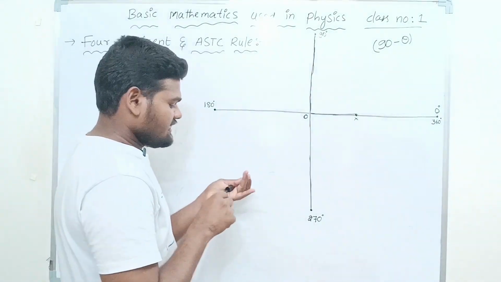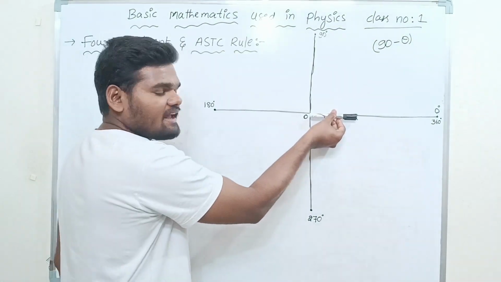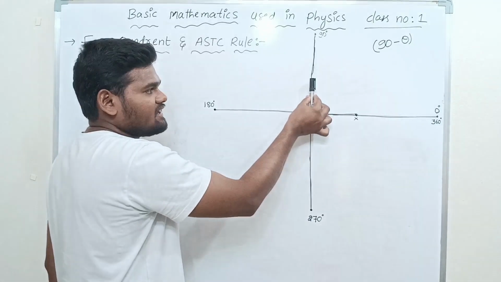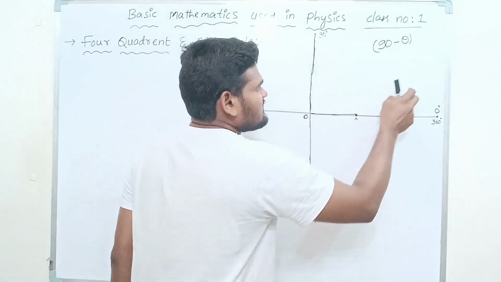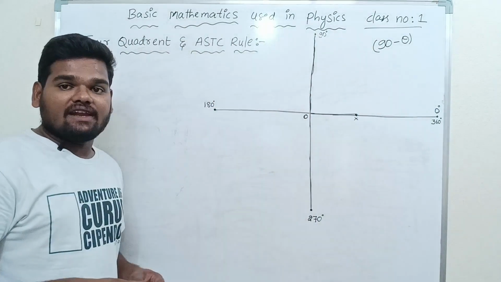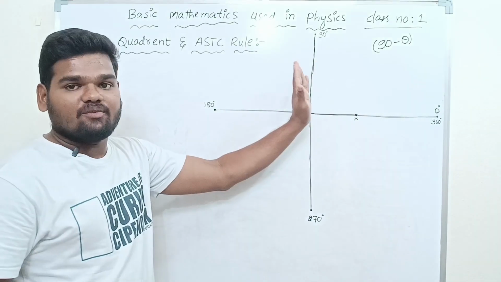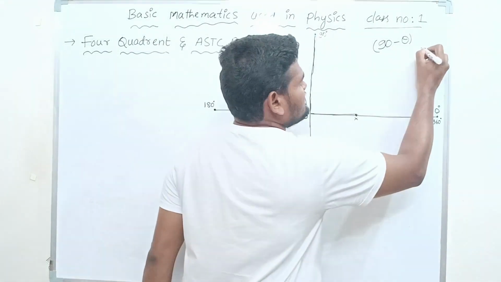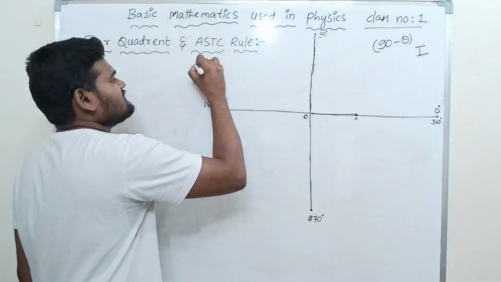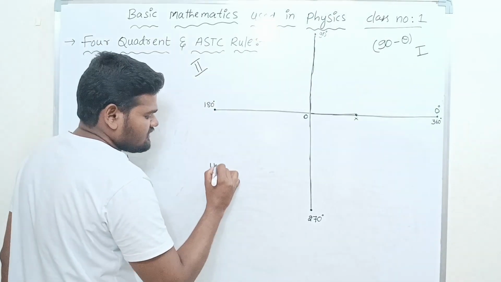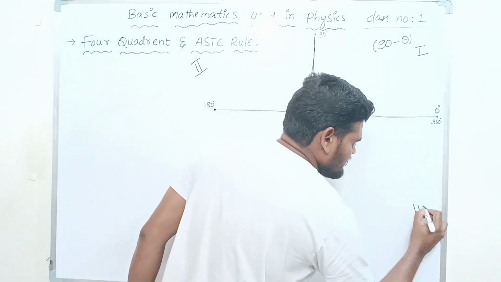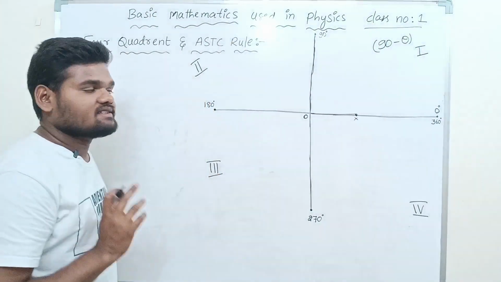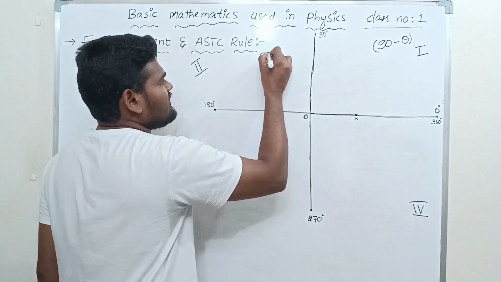Is this clear? Let us consider this straight line. It starts rotating in anti-clockwise direction, so it starts from 1 degree, 2, 3, 4, 5, 6 up to 89 and 90 degrees. So whatever the quadrant is in this plane lies at 90 minus theta degrees, because it is less than 90. Now let us call this the first quadrant, this the second quadrant, this the third quadrant, and this the fourth quadrant. This quadrant lies at 90 minus theta degrees, and the next lies at 90 plus theta,